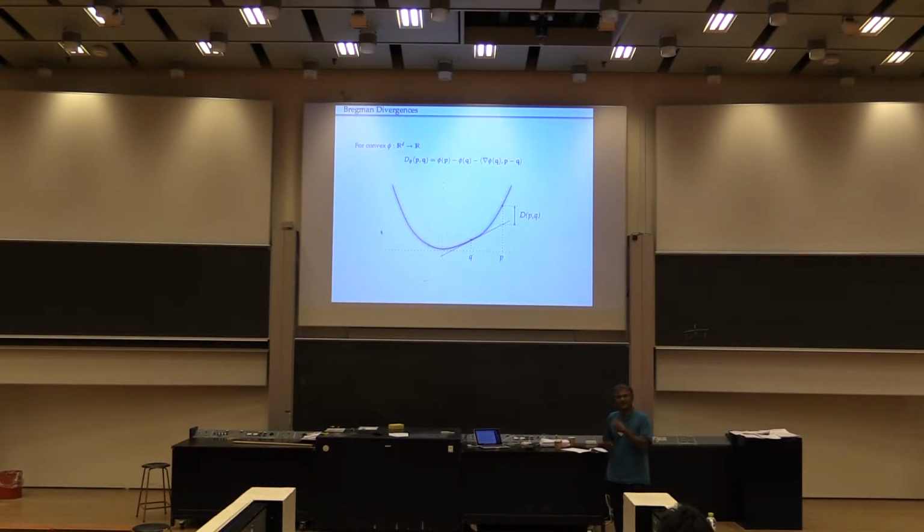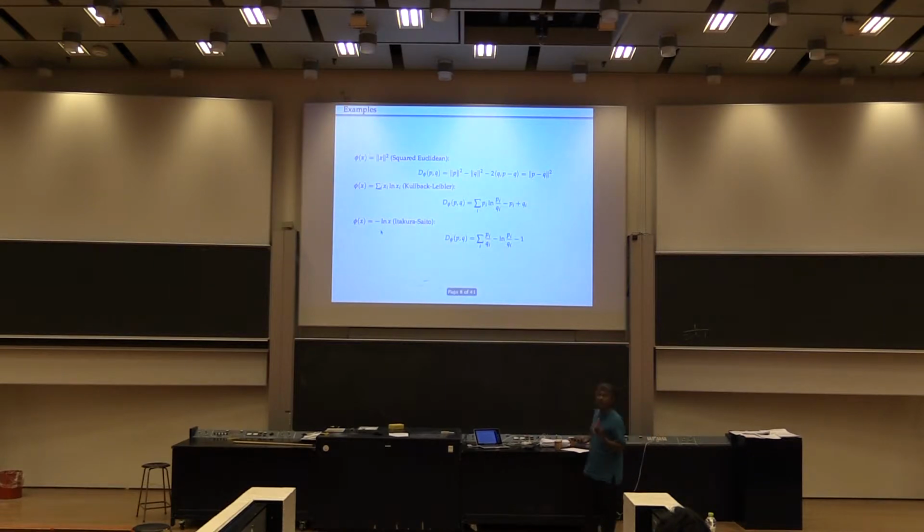It's interesting because by plugging in different values of the convex function phi, you get different functions that we actually recognize, and that we wouldn't have known are part of the same family if we didn't have this common gradient. In particular, the squared Euclidean distance is a member of this family. You plug in phi of x equal to x squared, you get this one. You can recalculate. More interestingly, a very core measure in information theory called the relative entropy, or the Kullback-Leibler divergence,